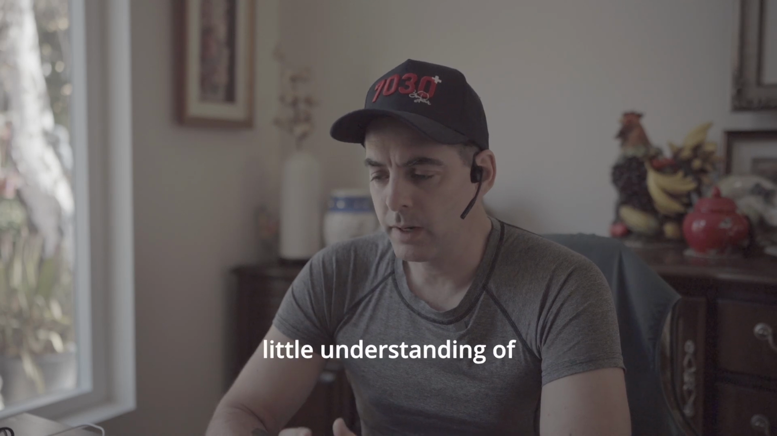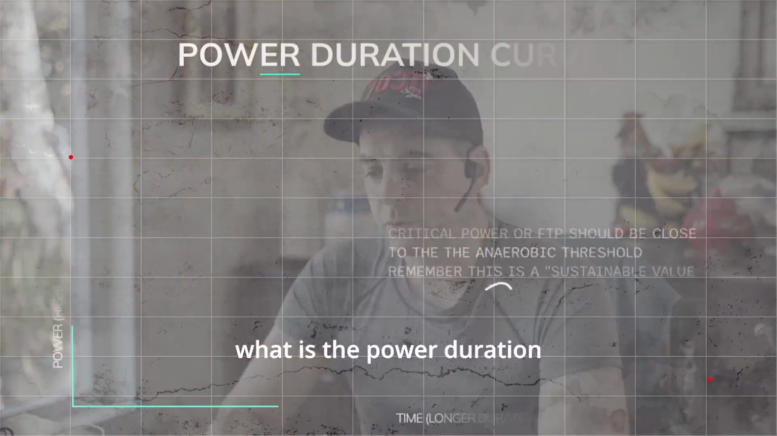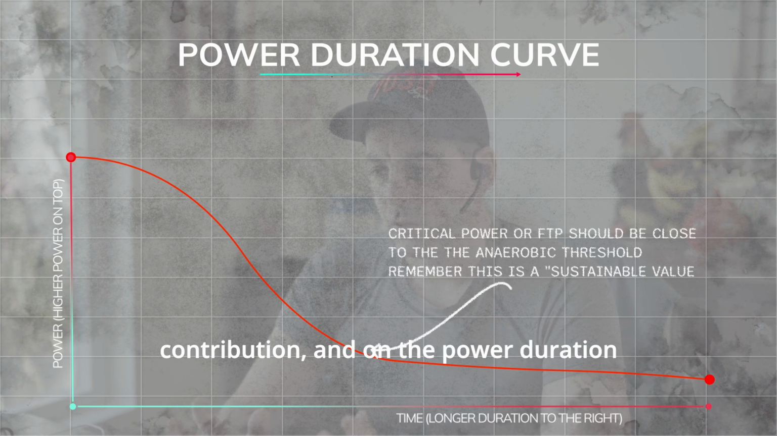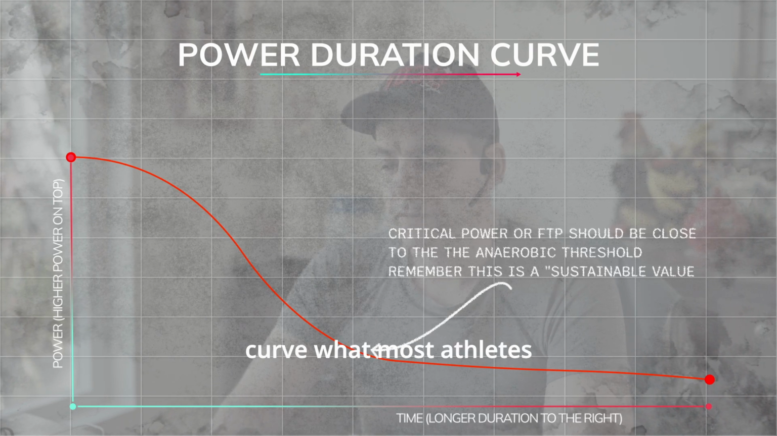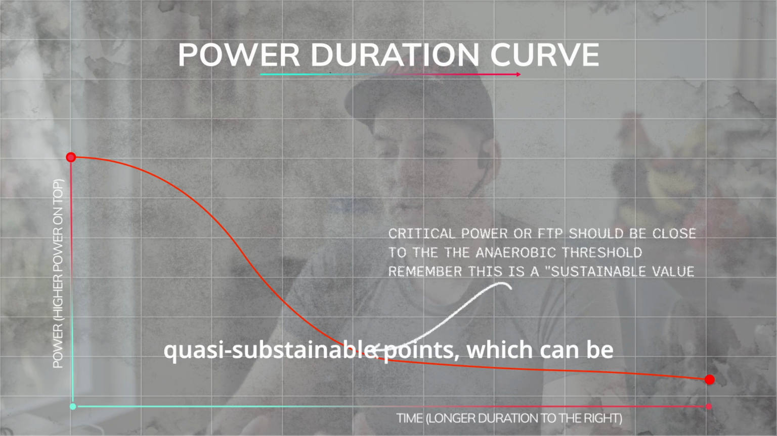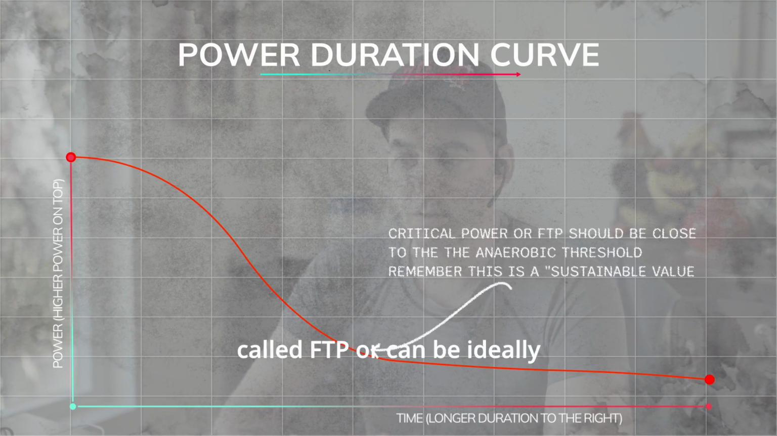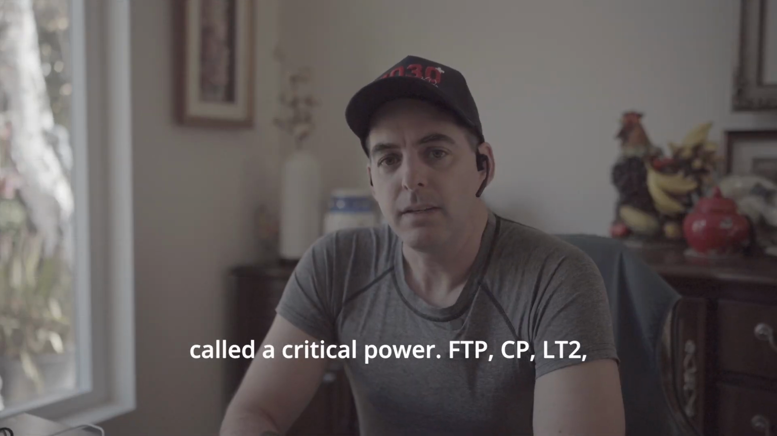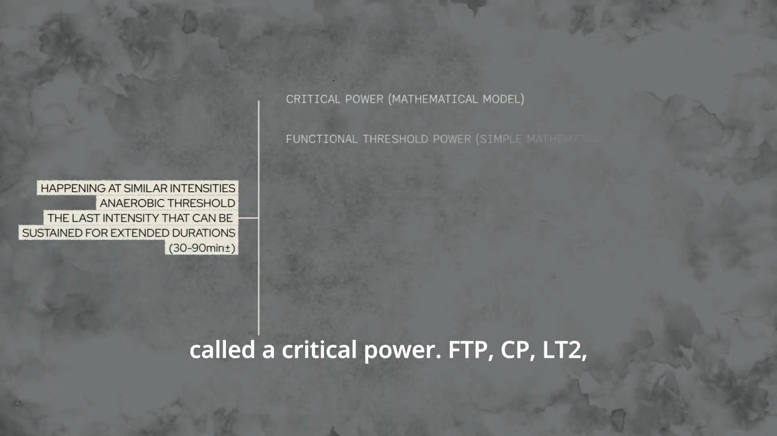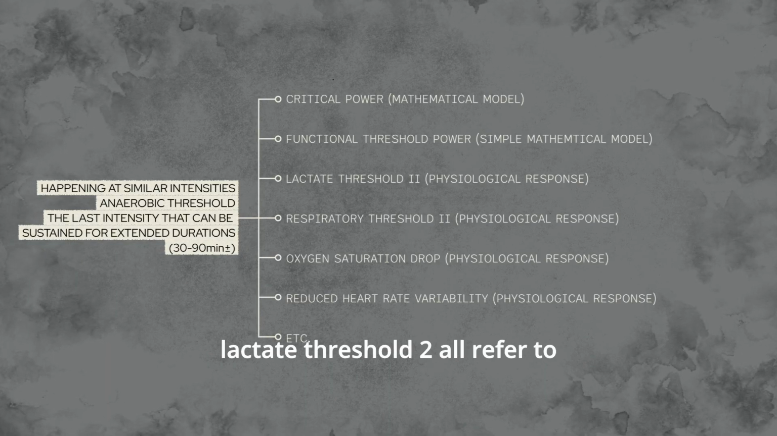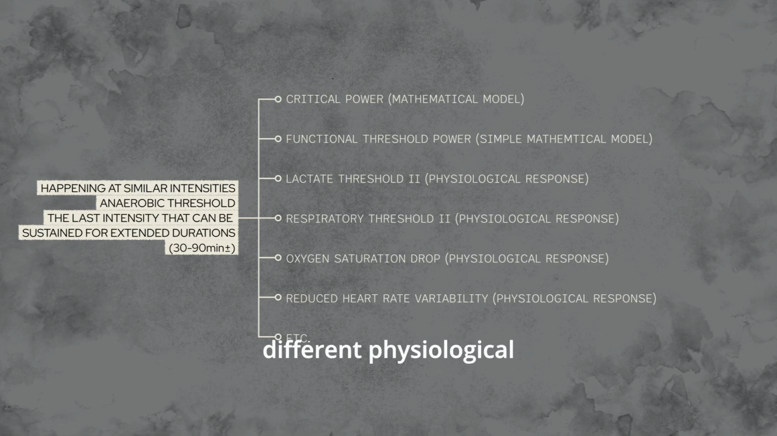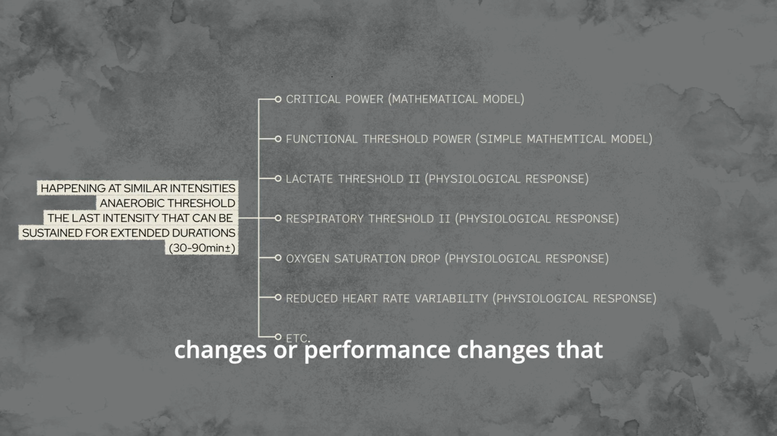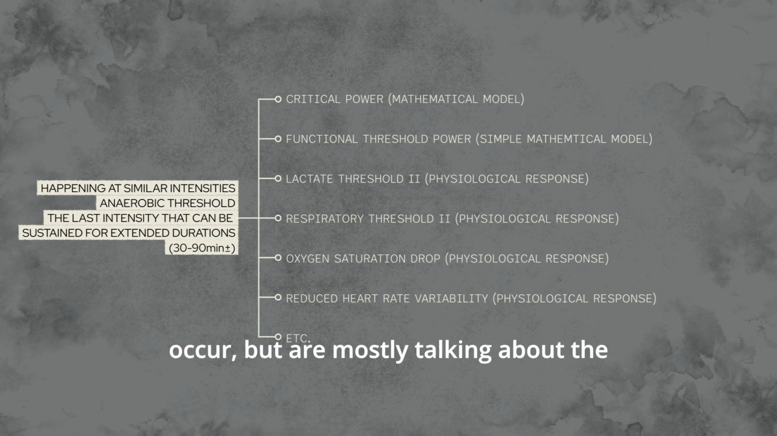So now we have a little understanding of what is the power duration curve, what is the anaerobic contribution, and on the power duration curve, what most athletes try to do is to look for the quasi-sustainable points, which can be called FTP or can be ideally called a critical power. FTP, CP, LT2, lactate threshold 2, all refer to different physiological changes or performance changes that occur, but are mostly talking about